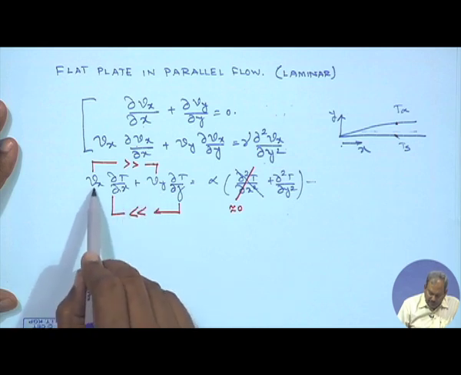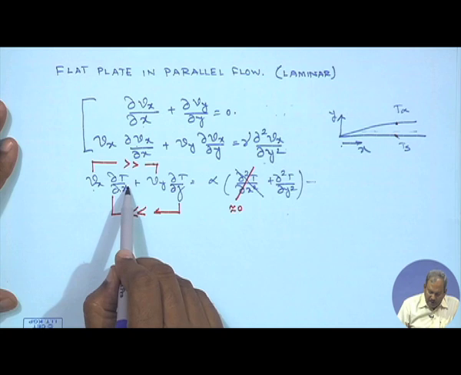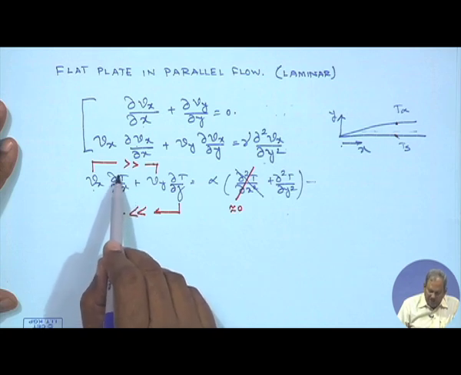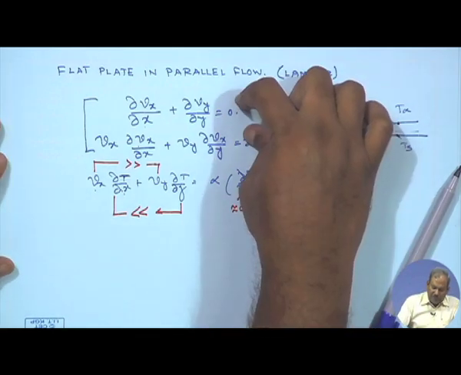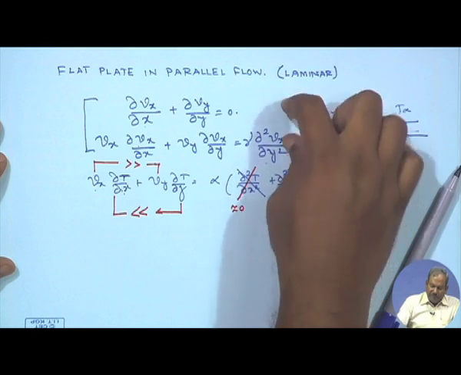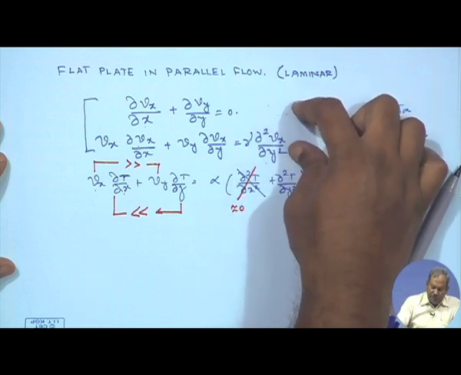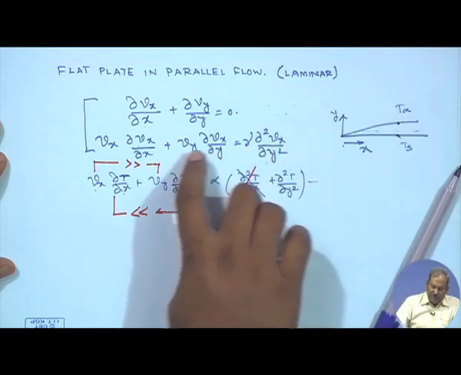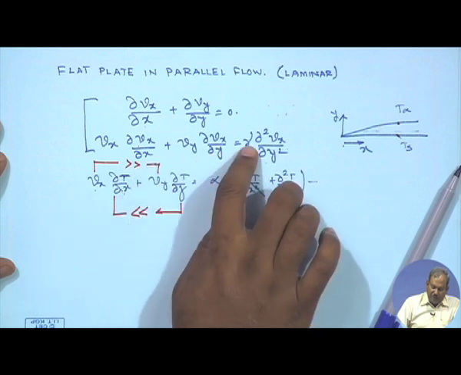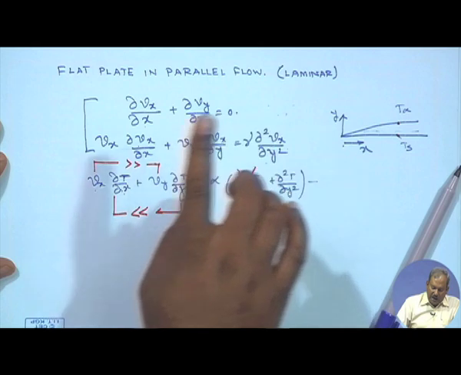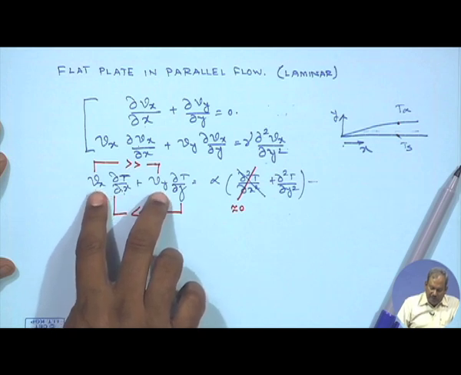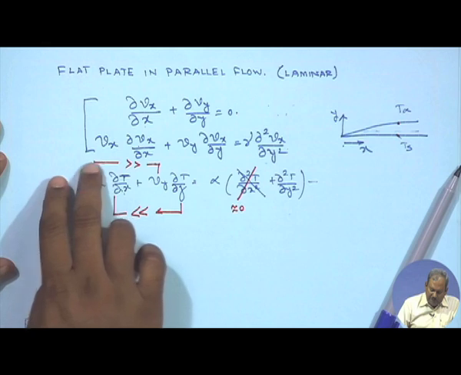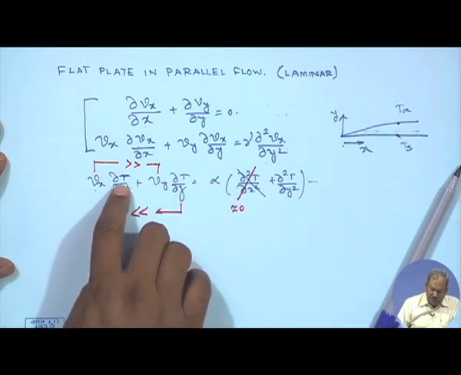So, it is a prerequisite that we need to solve these two equations first, obtain expressions for Vx and Vy, plug them in here, and only then should we attempt to solve the temperature profile, that is temperature as a function of x and y. One more time, these two equations are independent of the third. These two equations can and should be solved first to obtain expressions for Vx and Vy in terms of x, y, nu, etc. Once Vx and Vy are obtained, they can be put into this equation.